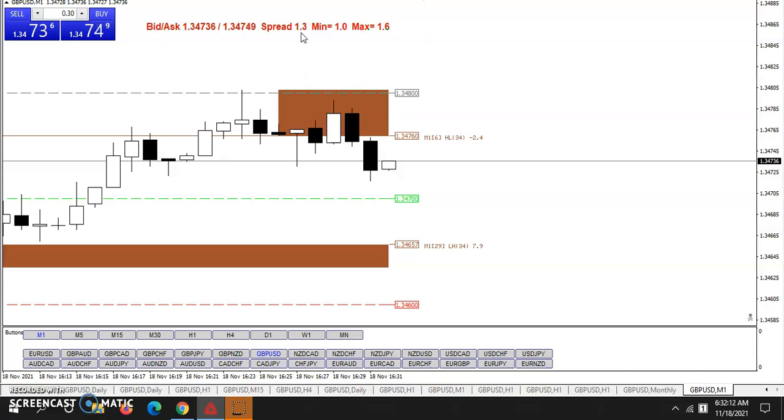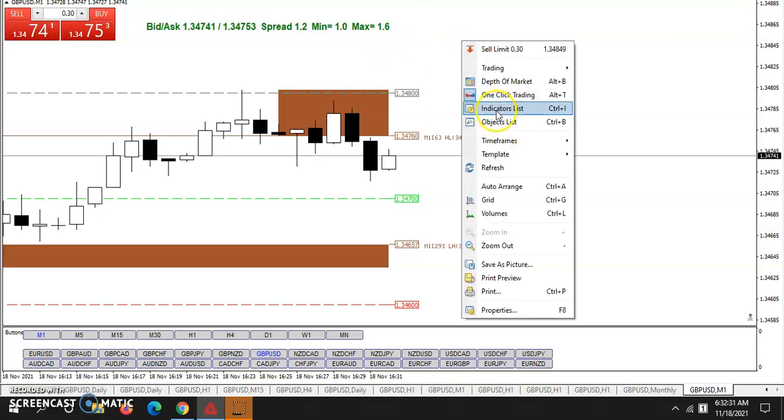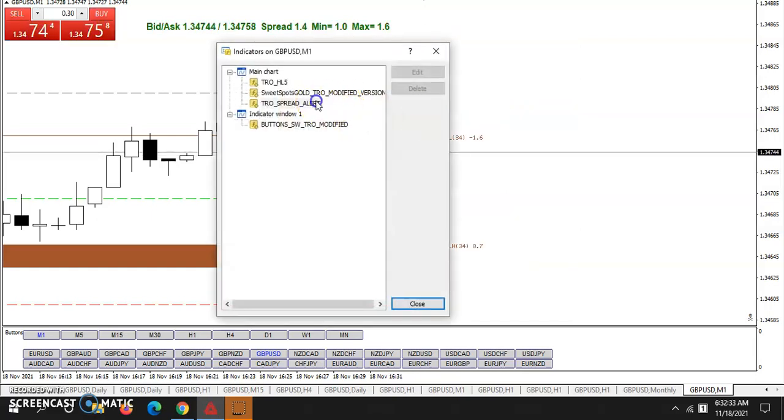And hopefully when you get the alert, you're not stuck in a trade, or you're not in a trade and wind up being stuck because of something crazy that the broker's doing with the price. And a lot of times right before the news, you'll see this happen also. You'll see something